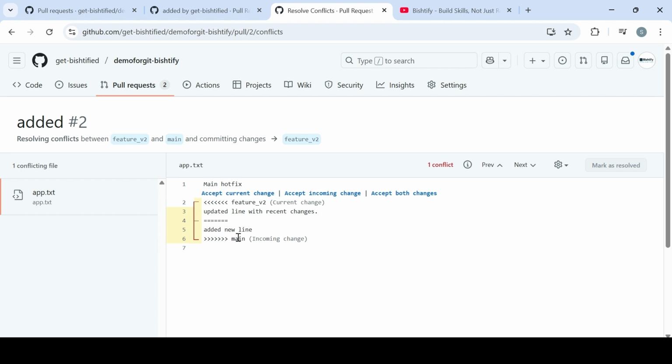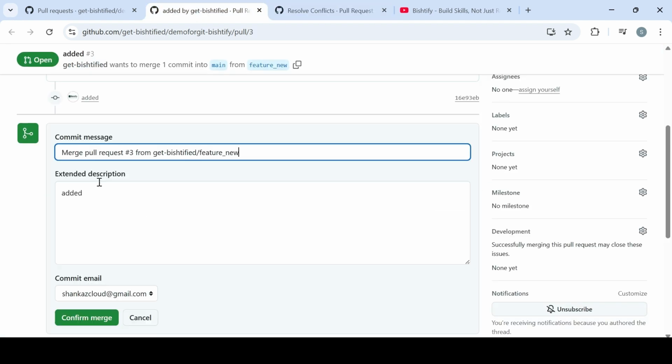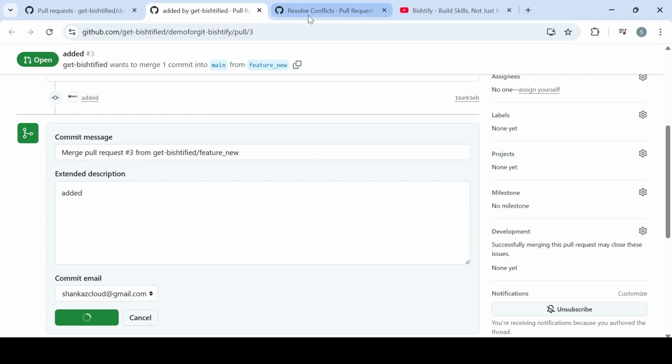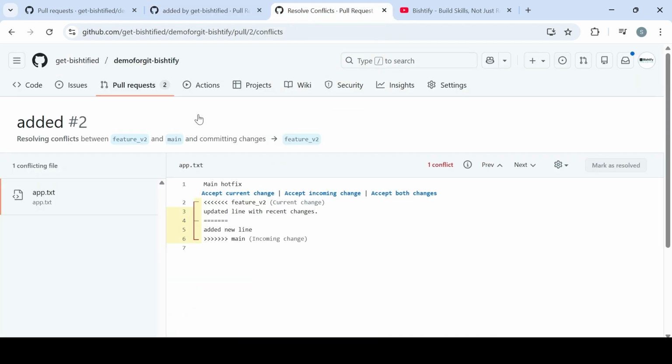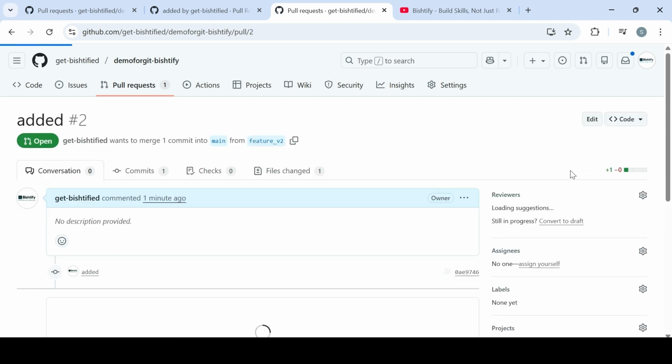So it says on the main branch you have this, and the incoming is this, but we have another pull request from this. So let me merge this one first. Okay, now if I go ahead and check this pull request one more time, this was merged. Now if I check this one more time,